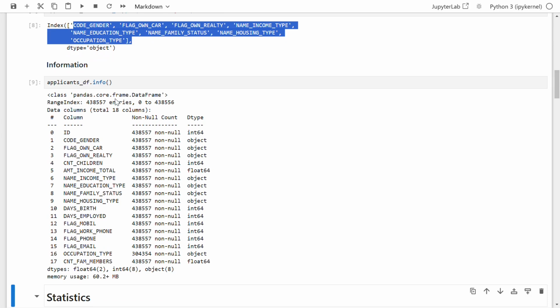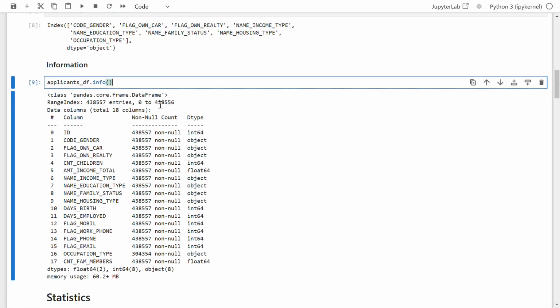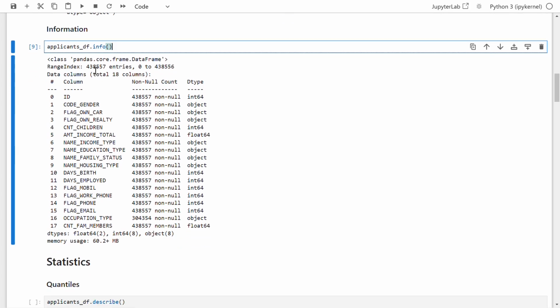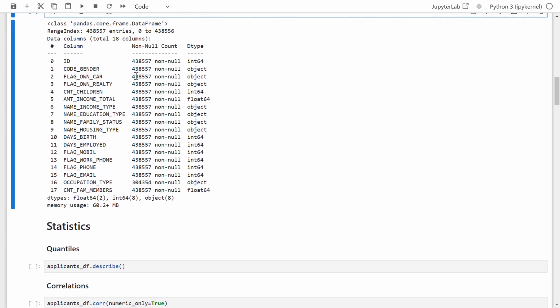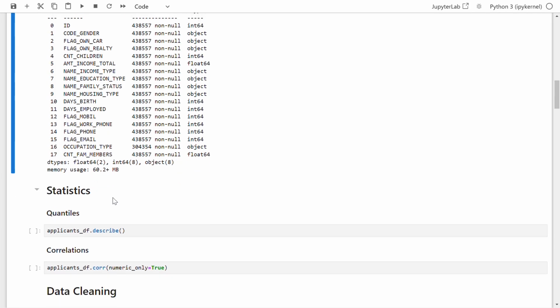So in total we have 4,38,557 entries, that is the total number of rows, and the index starts from 0 to 4,38,556, and in total we have 18 columns, and these are the column names we have. The non-null count of the values present in the columns is given in the second column, and the data types are given in the third column. In the second last line we have float64 of 2, that means we have 2 columns of float64 data type, then 8 columns of int64 data type, and 8 columns of categorical data type. Moving on,